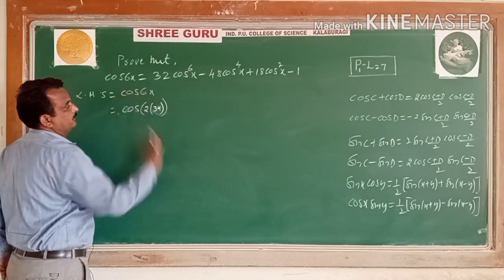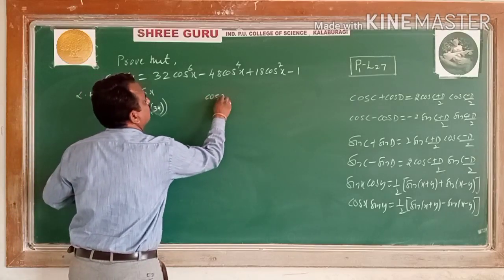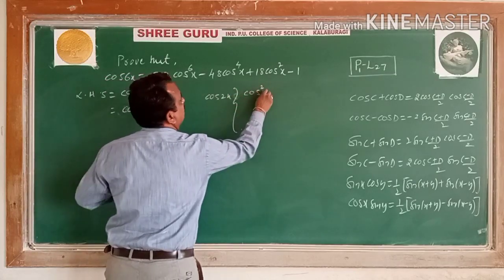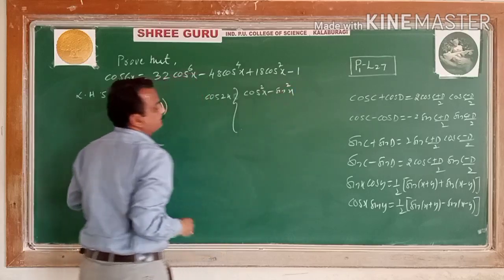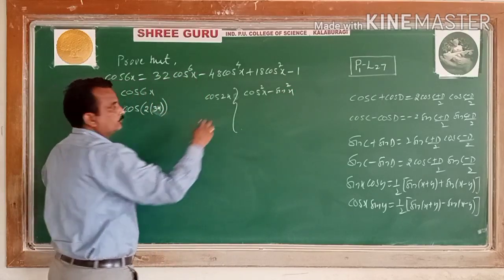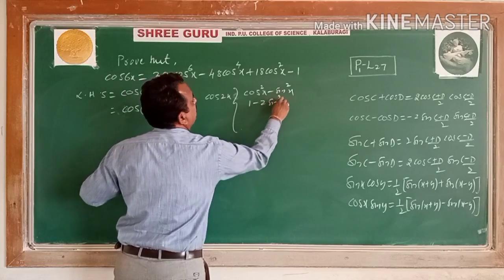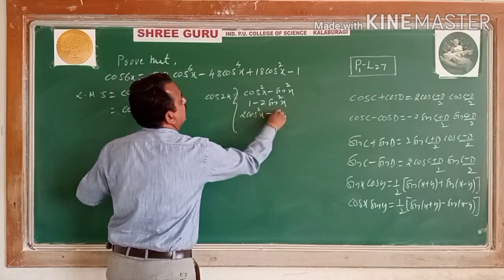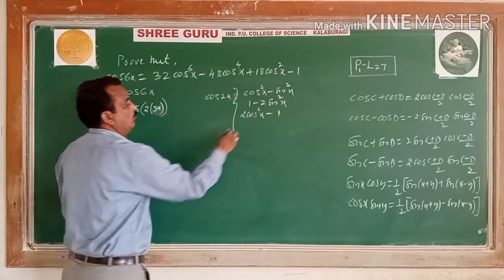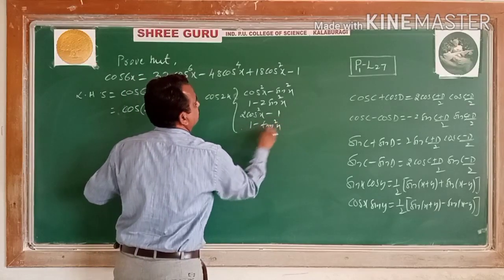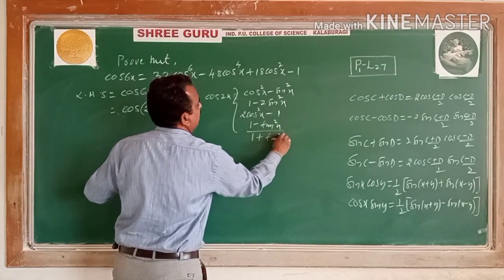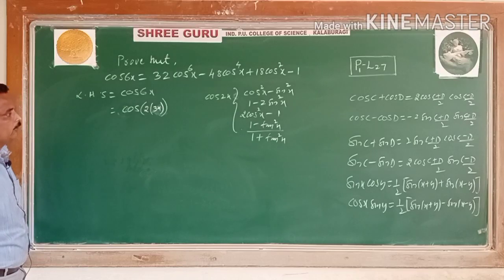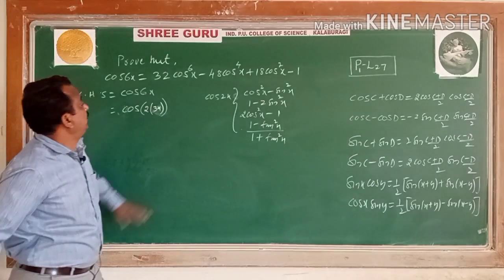It becomes 6x. See the cos 2x, you have 4 different types of formulas here. 4 forms of this cos 2x. Cos square x minus sin square x. One is in terms of sin, 1 minus 2 sin square x. One is in terms of cos, 2 cos square x minus 1. One is in terms of tan, 1 minus tan square x divided by 1 plus tan square x. So these are the 4 different forms.